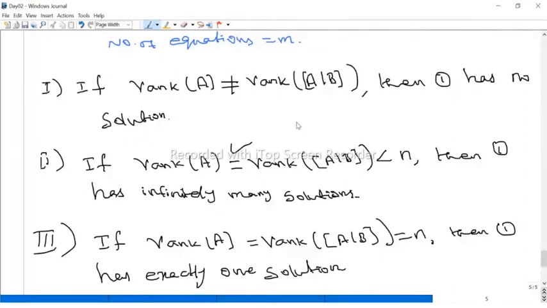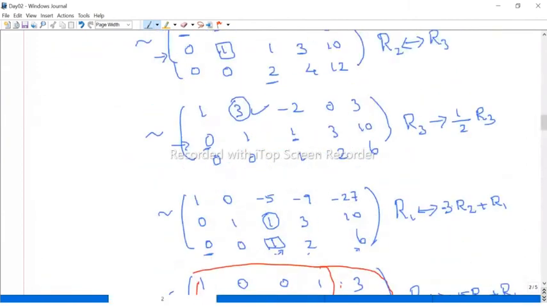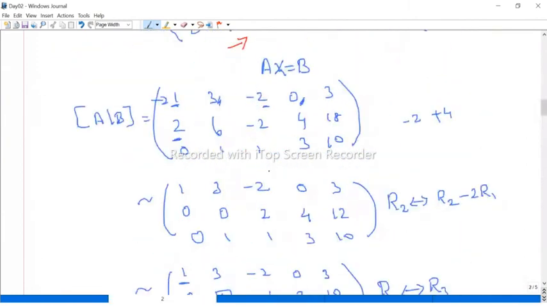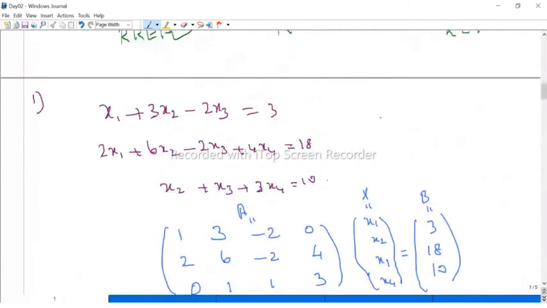So we try to find the rank of the matrix. Now look at the previous problem we solved here. So now the question is, what is the main problem? This is our problem. Now, how many solutions does this system have? Does a solution exist or not? If it exists, how many? Is it only one or infinitely many? Okay, so that is the question. Now what is the answer?